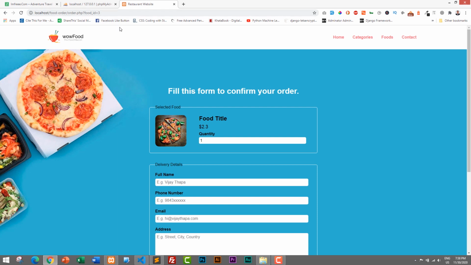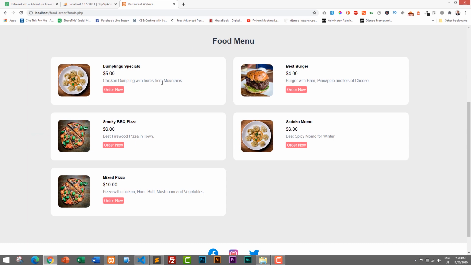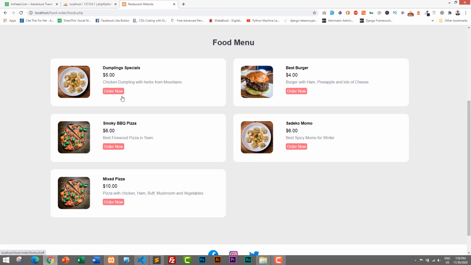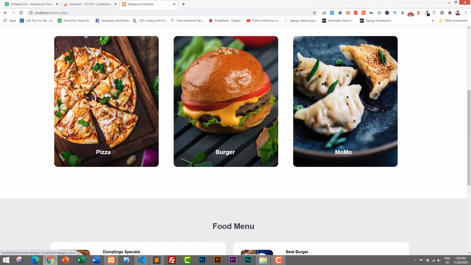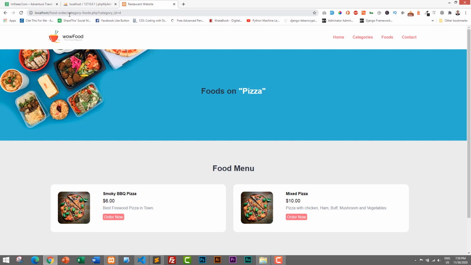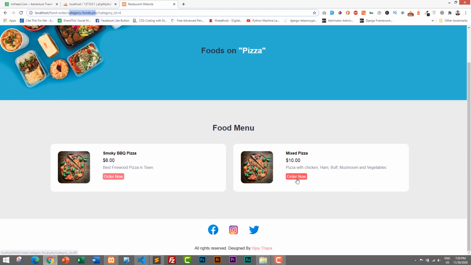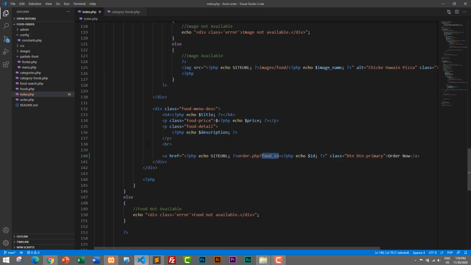And similarly, we also need to add this link in other pages like foods. So in the foods page also we have an order now button, so we need to add the same link here, and we also need to add the link in category-foods.php. So inside category-foods.php also we have an order now button. So in this order now button we will add the link. Okay, so let's go back, and first I will copy this link. So this is the link. I'll copy all from starting PHP to ending PHP, Control and C, copy, and we will open